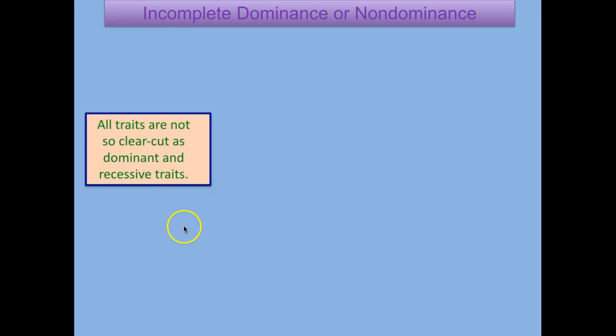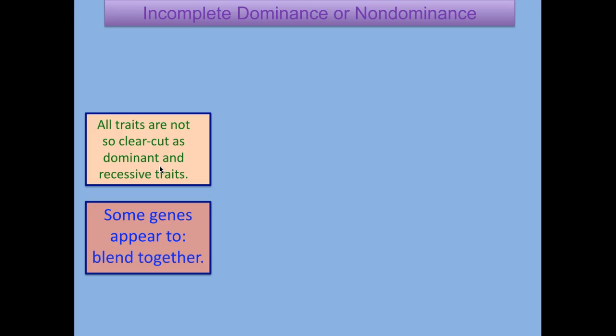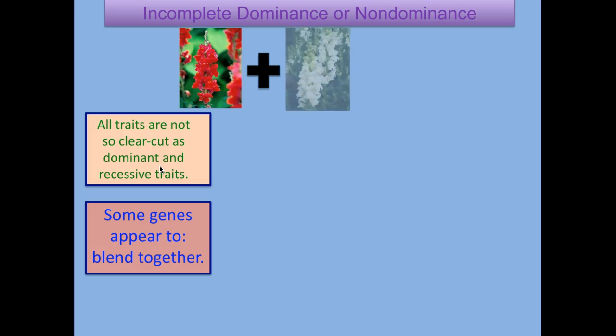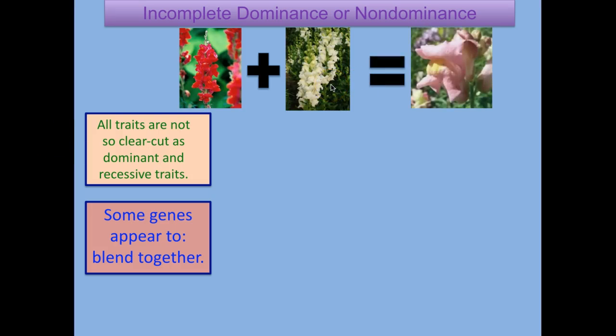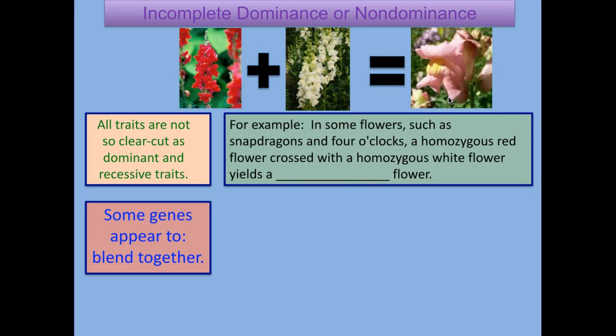So all traits are not clearly cut as dominant or recessive. Some are what we call non-dominant or blend together to form incomplete dominance. So for instance, here you have a red flower and a white flower, and instead of making a red or a white flower, they make a pink flower. So for example, in some flowers such as snapdragons and four o'clocks, a homozygous, remember that's 2 of the same allele, crossed with a homozygous, so a homozygous red flower crossed with a homozygous white flower,